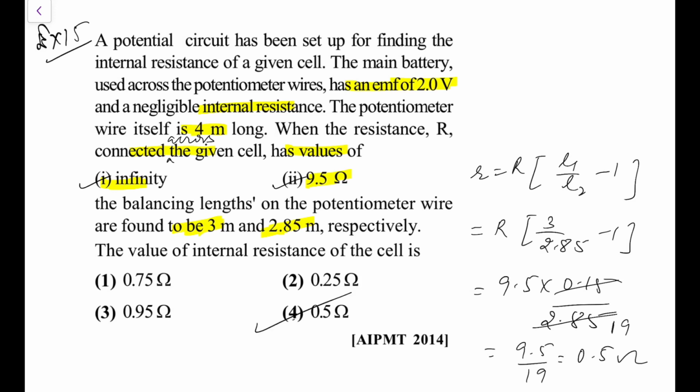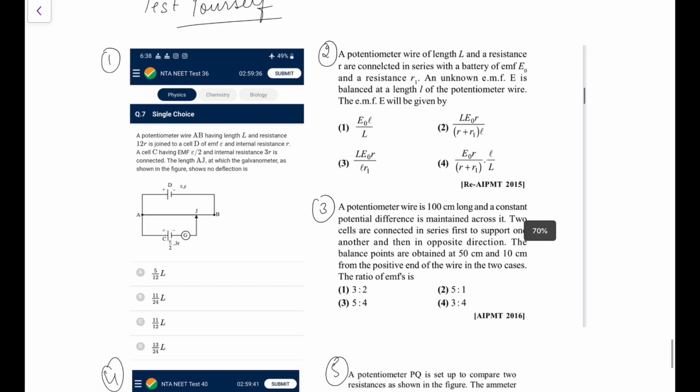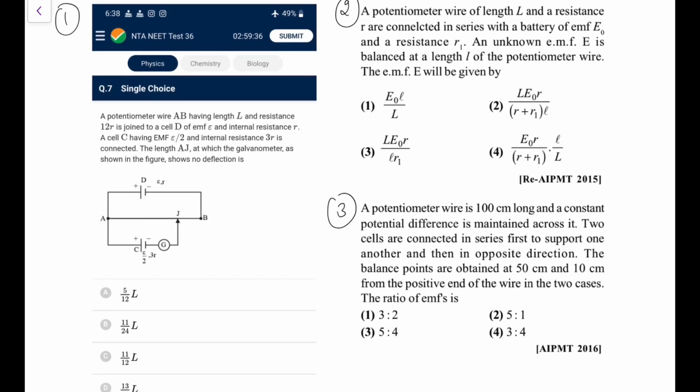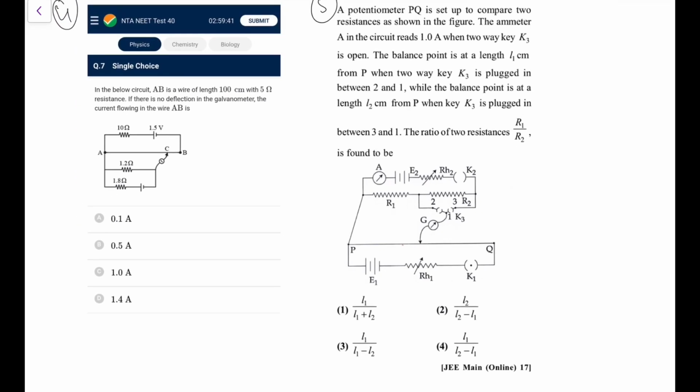Go for option 4. So it was an easy one, you just have to get the language clearly. Now you can check yourself. I have many questions. Take the screenshot of the first 3 questions. Next, take these 2, and I think this will make you ready for the exam for this section.